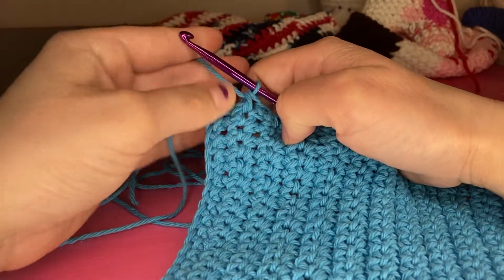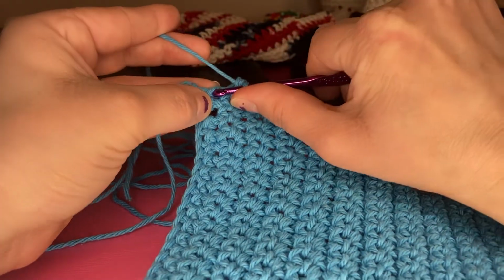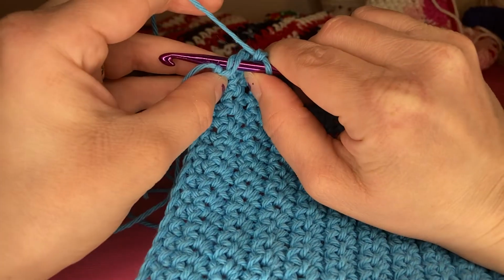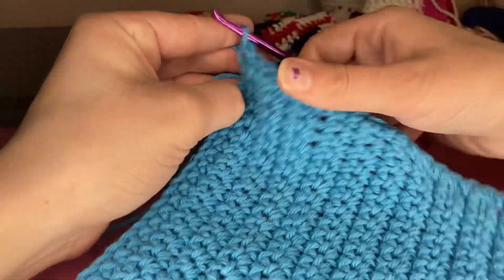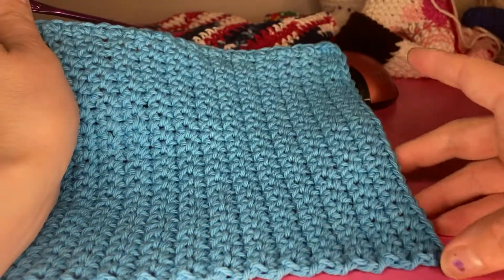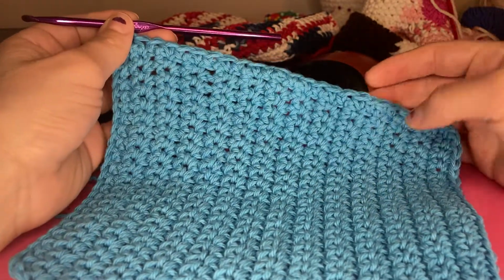Alright. And we just went through here. Just went through there. So let's try to get 2. And we got 2 that we can just single crochet through as well. Alright, and this is what you should have so far. You have a straight edge here, a little bit of a curve right there,